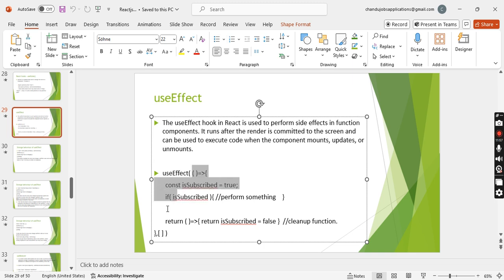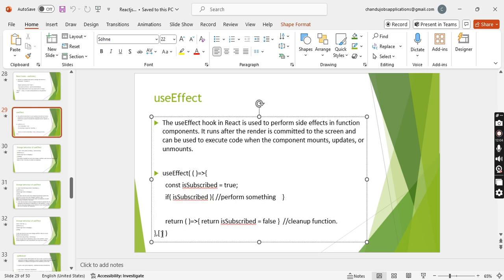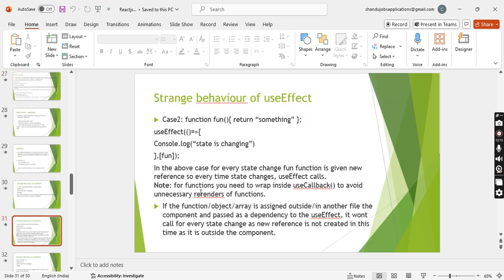This function is going to be executed for every state change that is provided inside the dependency array. If you don't provide anything, it is going to run on every component render. And the strange behavior of useEffect is